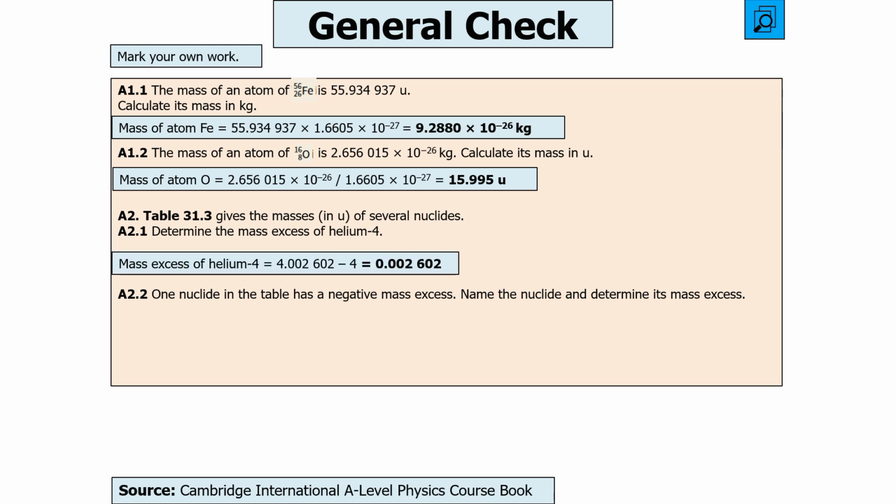In this next one, the mass excess is the mass of the helium nucleus minus the mass of the 4 separate nuclei, so it's 0.002602. The mass excess of potassium is a negative, so therefore it's